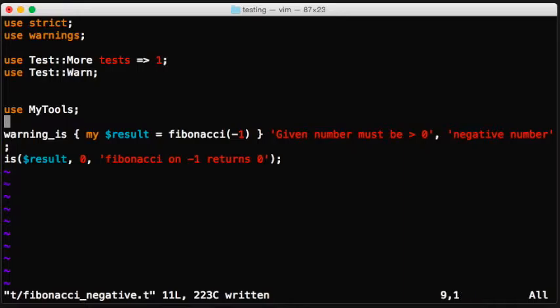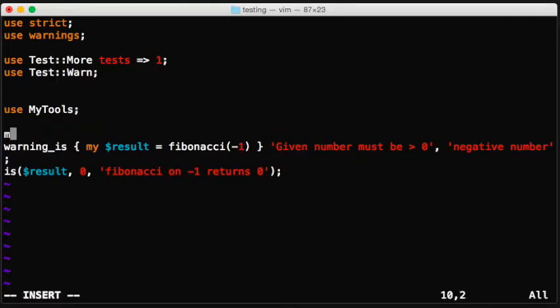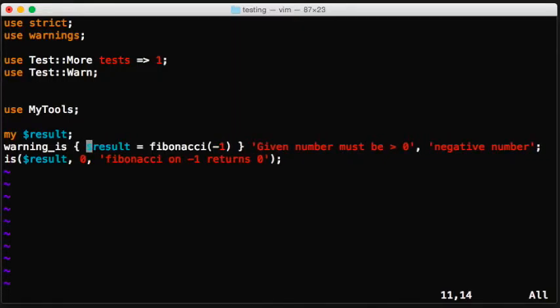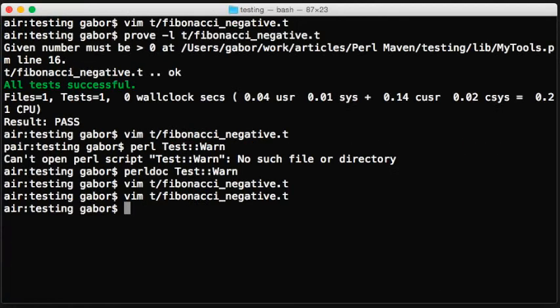Now, there is a problem here, because the declaration of my $result is within the block, and because this is within the block, it will be out of scope by the time we're checking whether the result is exactly the same as expected. So we have to declare the result before. But the assignment can only happen inside the block because that's what the Fibonacci function does. It's maybe a little bit strange that we have to separate it. But now if we run this script,